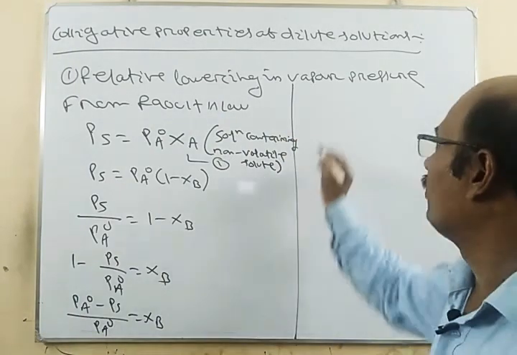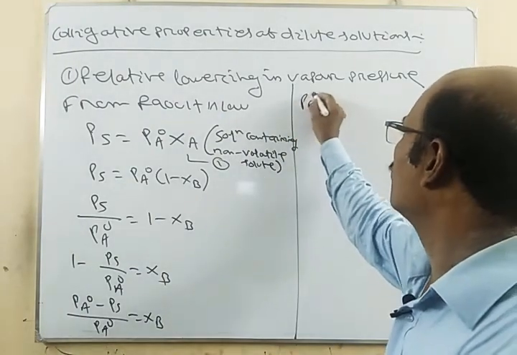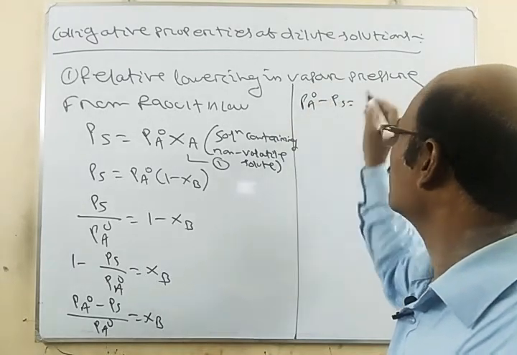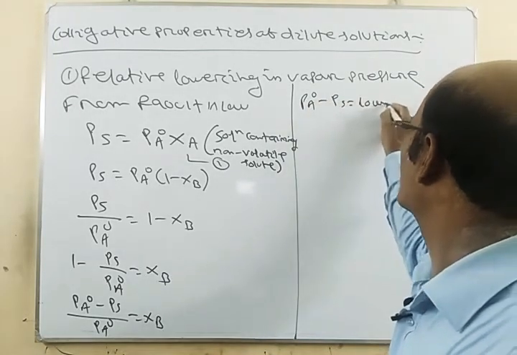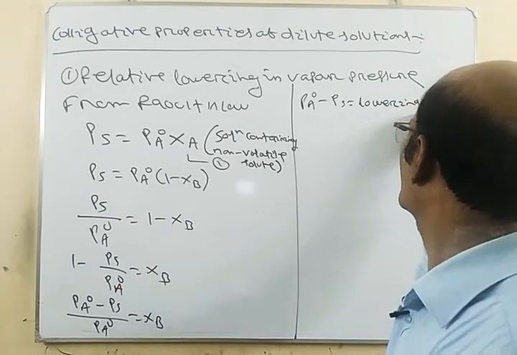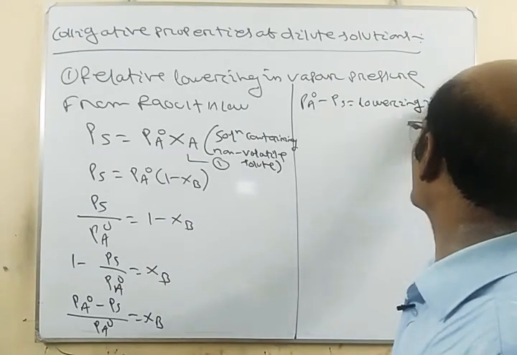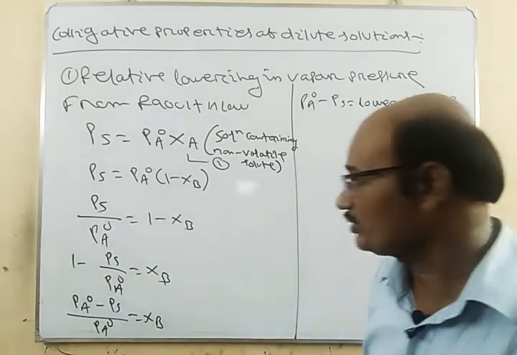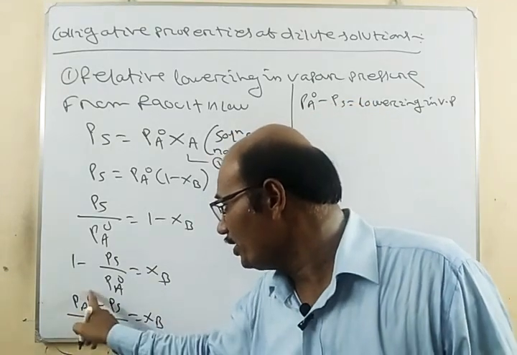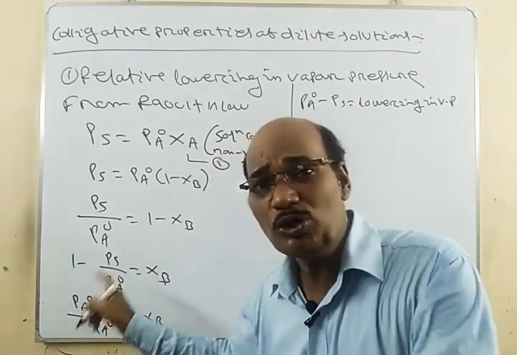Now PA0 minus PS is what? Lowering in vapor pressure,